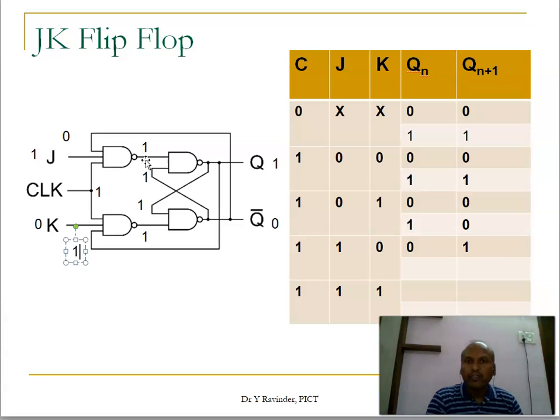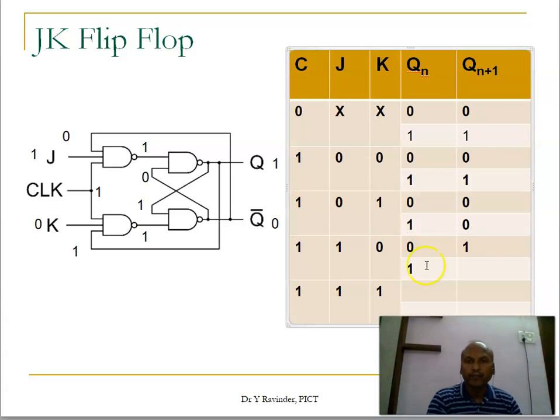Now this is at 1, 1, so this will be 0, and this is 0, this is 1. So even if this is 1, the output will remain 1, because this 0 is going here, this is 1, this 1 is going here, still this is 0, that is why this is 1, but this 1, 1, 1, this is 0, 0 goes here, 0, 1, 1. So that is